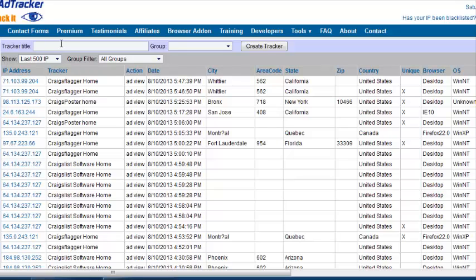It's very simple. You just make a tracker title, my tracker for Saturday, whatever, and click enter, and your tracker pops up. You paste that code in your ad, and then it gives you all of these nice little shiny IPs that are going into your